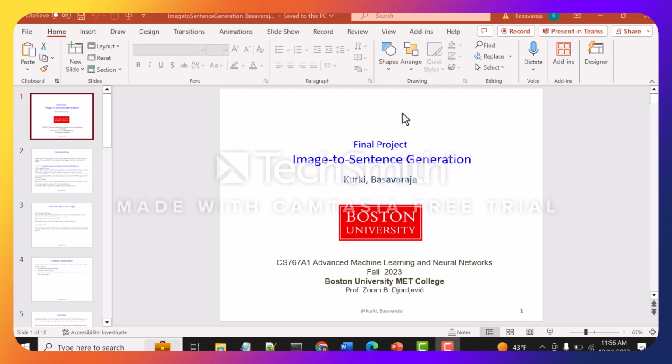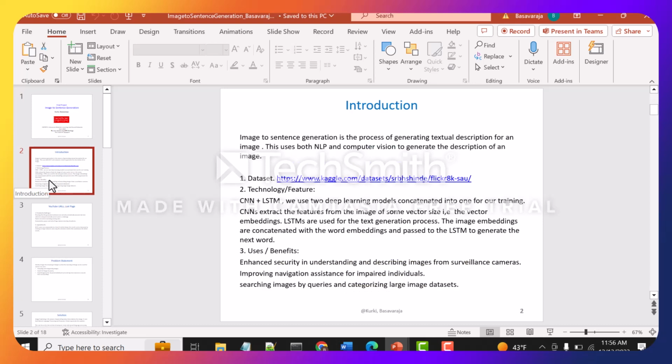Hello everyone, good evening. Today I'm going to talk about the image to sentence generation project. As the name implies, the project is the process of generating a textual description for an image. Another synonym for image to sentence generation is image captioning as well. The dataset chosen is the Flickr dataset, and the technology used is CNN and LSTM,